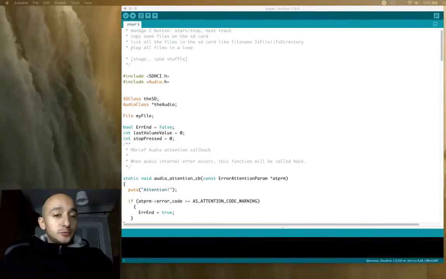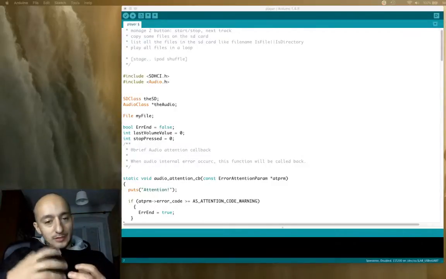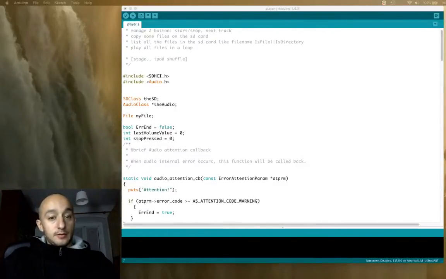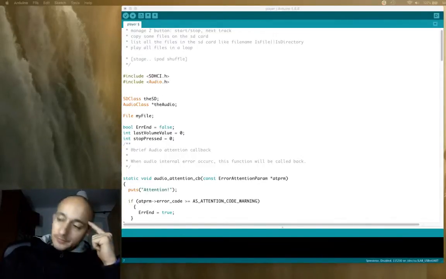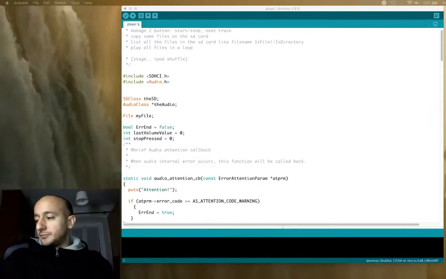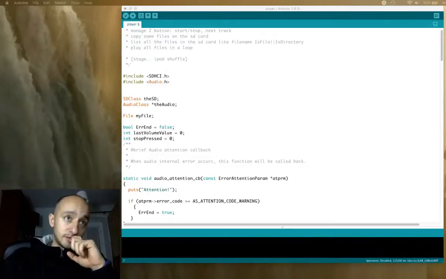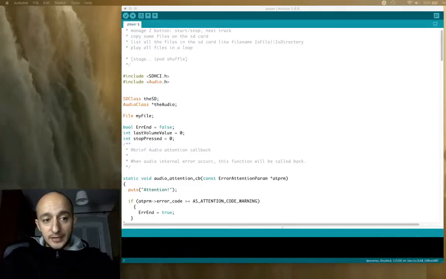Okay, welcome to the fourth part of this journey to trying to build an mp3 player for this Spresense board. So in the previous days, I tried to implement some of the features of this mp3 player, and I found that I have to change a little bit my initial idea,